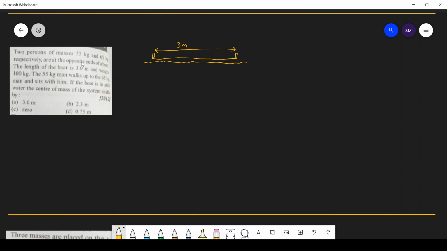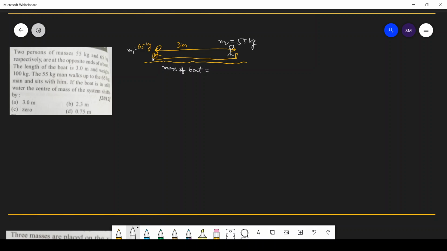And the two persons are sitting at two ends of the boat and their masses are 65 kg and 55 kg. So a person standing over here, his mass is 65 kg, and another person standing over here, his mass is 55 kg. Let this be M1, this is M2. The length of the boat is 3 meters. And the mass of the boat is,